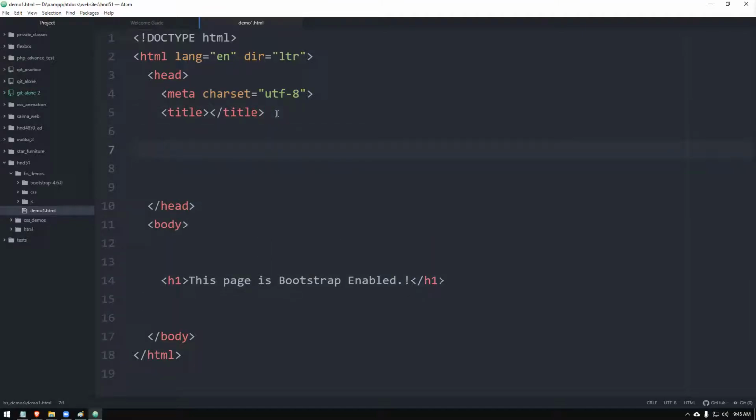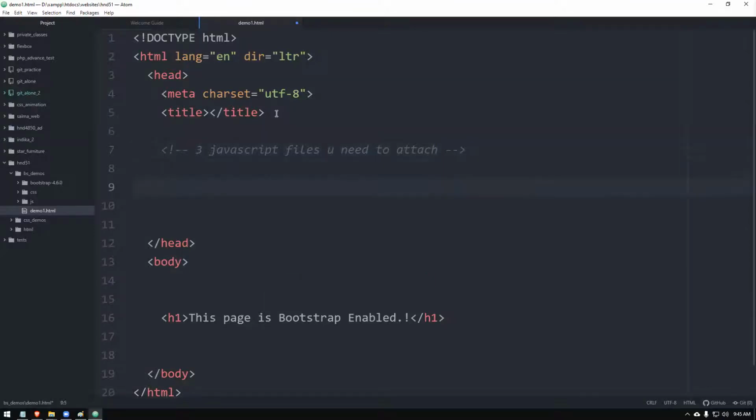There are three JavaScript files you need to attach. That is one thing, right?